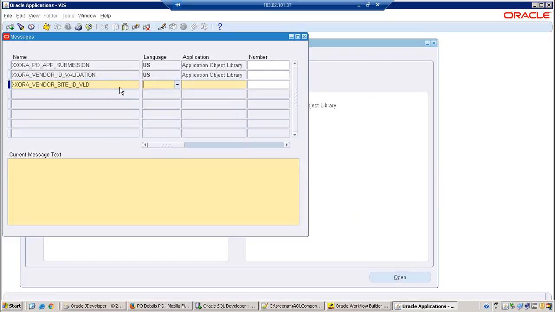I'll say like this, US application object library.